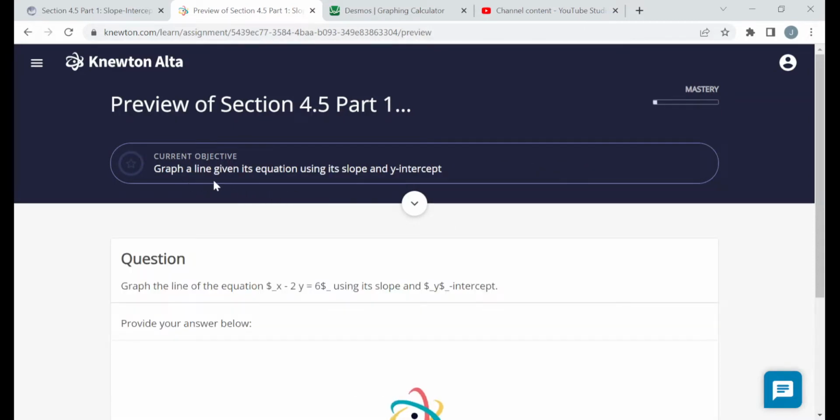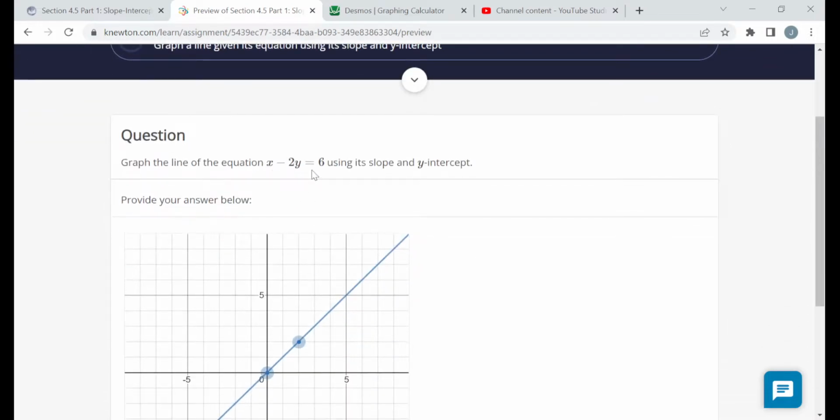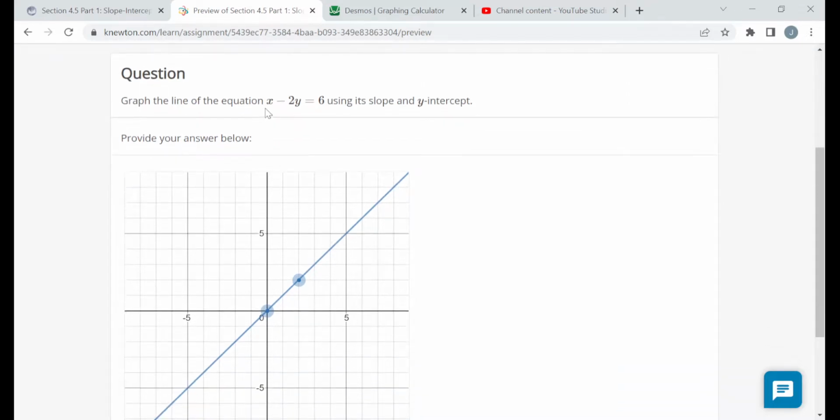So this is graph a line given its equation using its slope and y-intercept. Now again, you've seen how to graph a line before. You just need 2 points. So, if x were 0, y would have to be negative 3 here. So (0, -3) is on the line. And if y were 0, x would have to be 6, right? So (6, 0) is on the line as well, and there's the line. You only need 2 points. You don't need to put things in slope-intercept form. But,